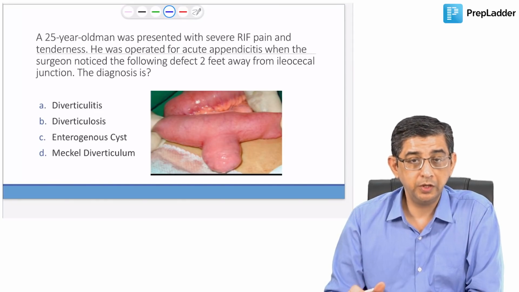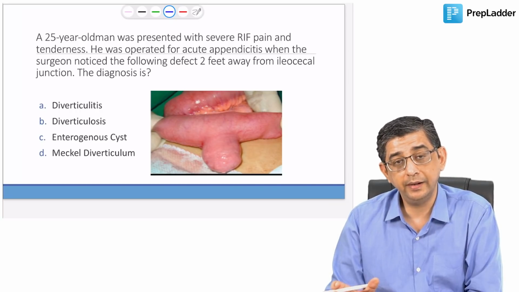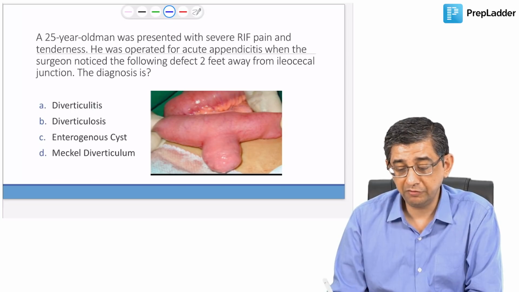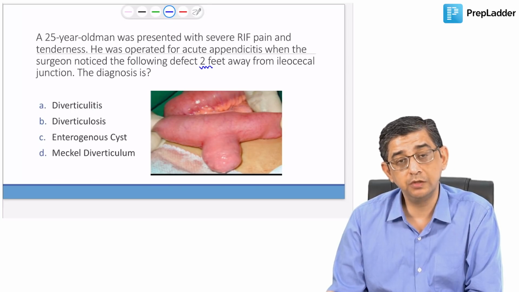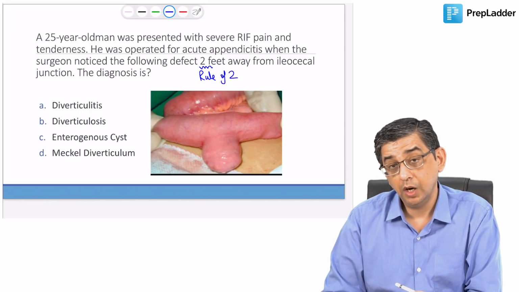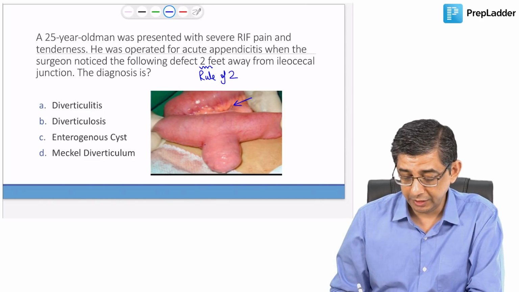The next question talks about a 25-year-old person who is presented to you with severe right iliac fossa pain and tenderness. He was operated for acute appendicitis when the surgeon has noted a defect 2 feet away from the ileocecal junction, which is the key for this question, because you can definitely apply the rule of 2 here and come to the diagnosis. Apart from this, also notice the fact that this is the mesentery and the lesion is present